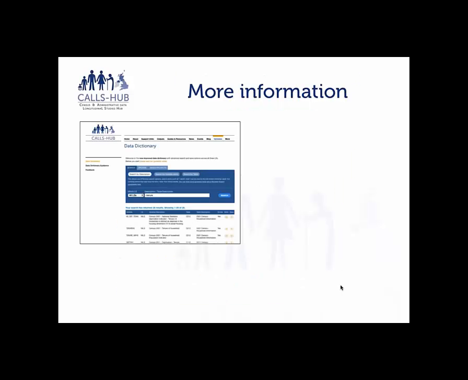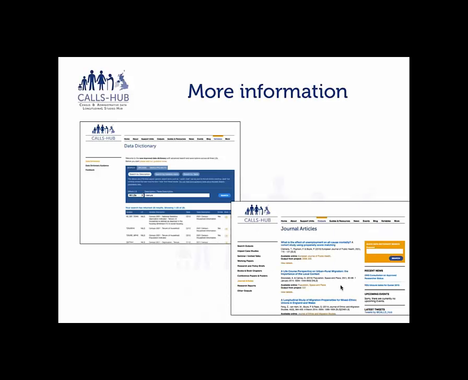We have a data dictionary that covers all 3 LSs. You can explore frequencies for some of the variables. We have similarity scores, which allow you to compare variables between the 3 LSs if you want to do some eData Shield and some comparisons. And you can also save a list of variables to come back to it later, or you can download it for your application. We have an outputs database that you can fully search, which has all things from working papers